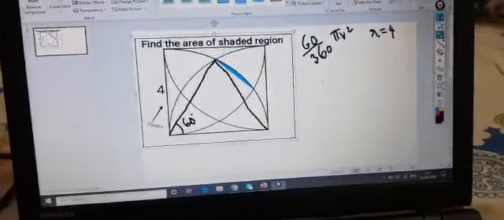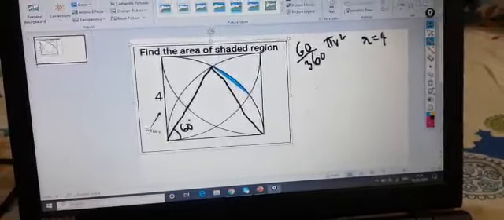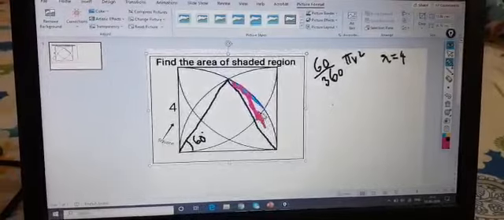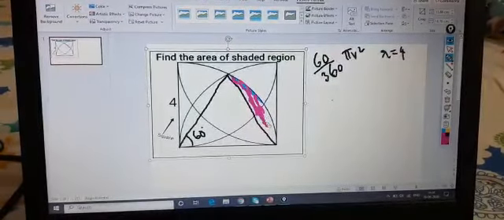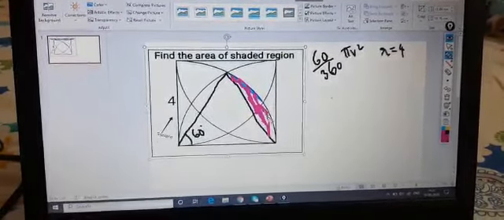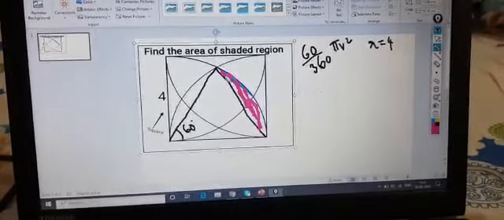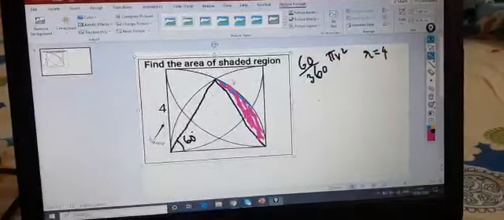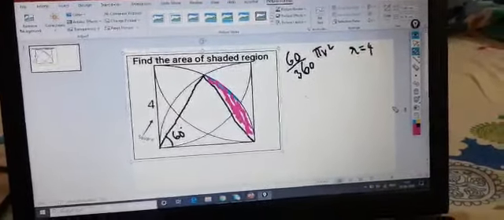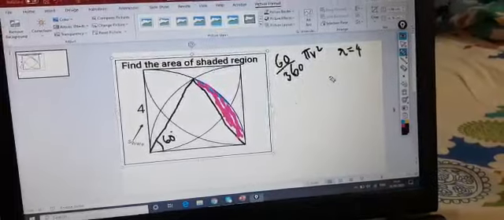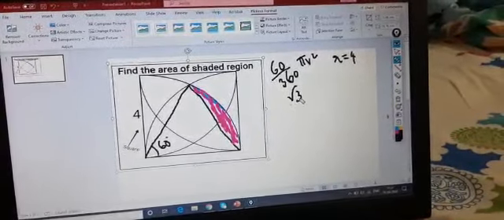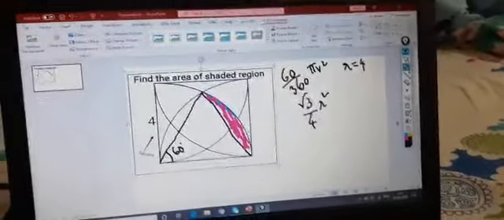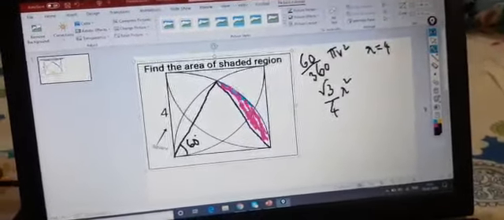I'll just highlight this with a different color. I'm trying to find out area of this sector, this part, this entire region. So I hope it's clear. This entire region, I'm trying to find out the part. So to find out that part, I'll be subtracting area of equilateral triangle. So let us see quite easily, root 3 by 4 r square. So when you subtract both, I'll be getting part, this pink shaded part.